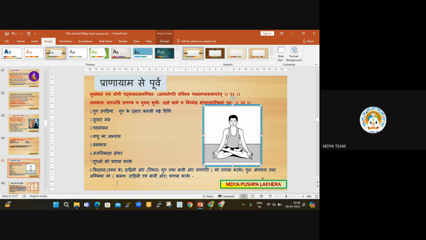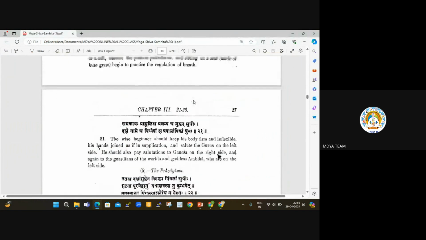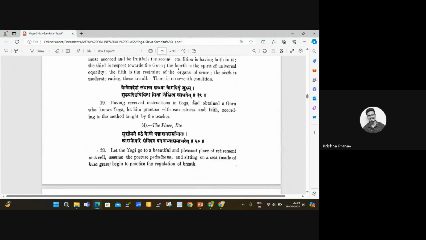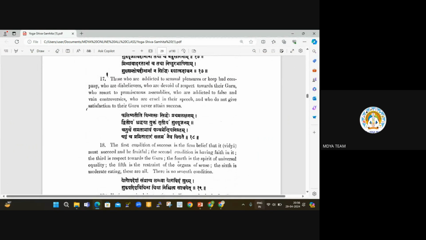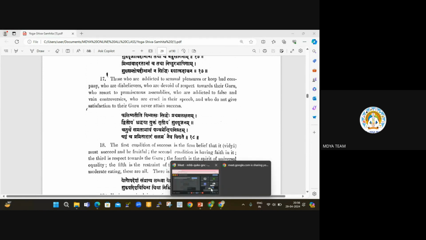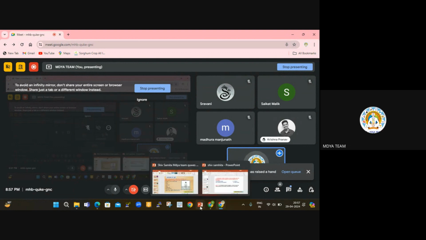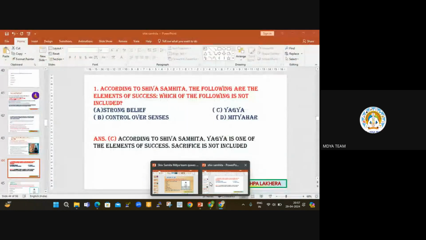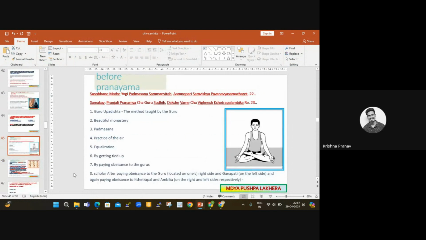Before that, I think before two shlokas he is mentioning. Can you please show the English slide, ma'am? The English one. Yes, ma'am, Rajeshwari. Ma'am, the other one which you showed, not English. This one.